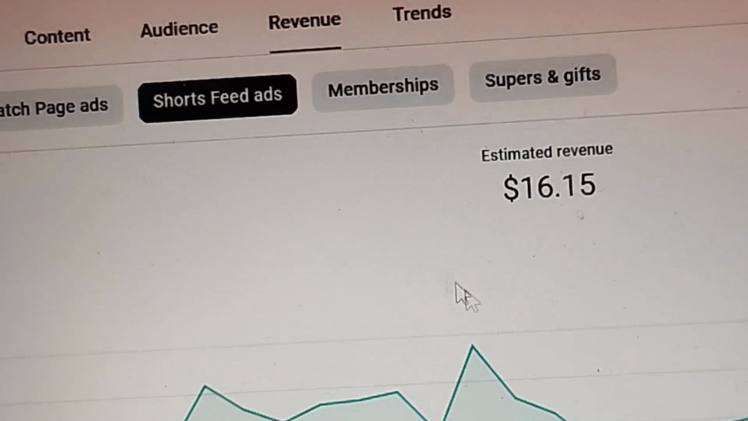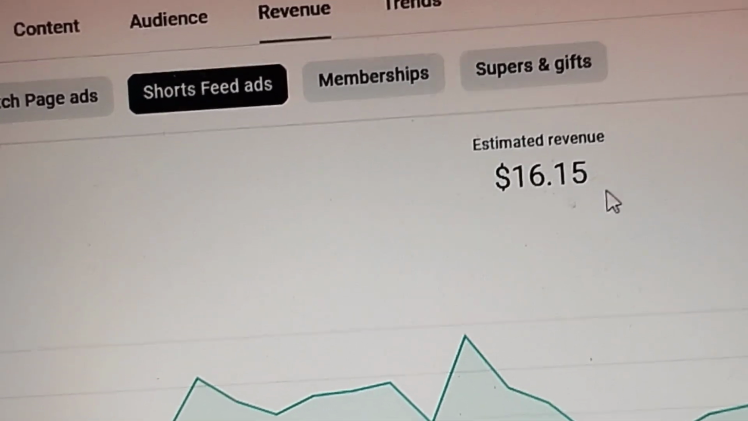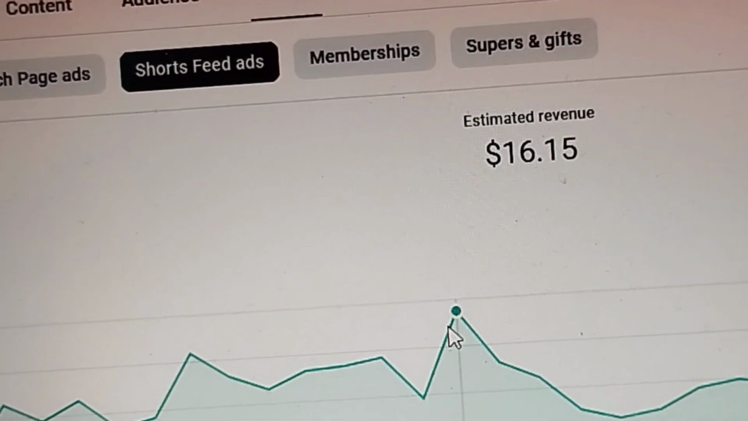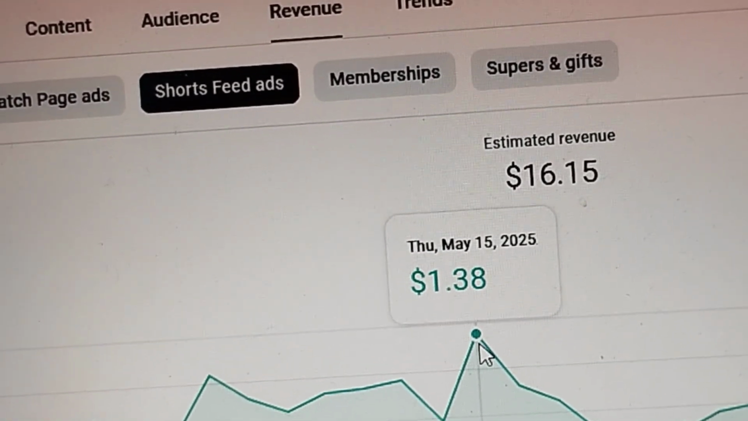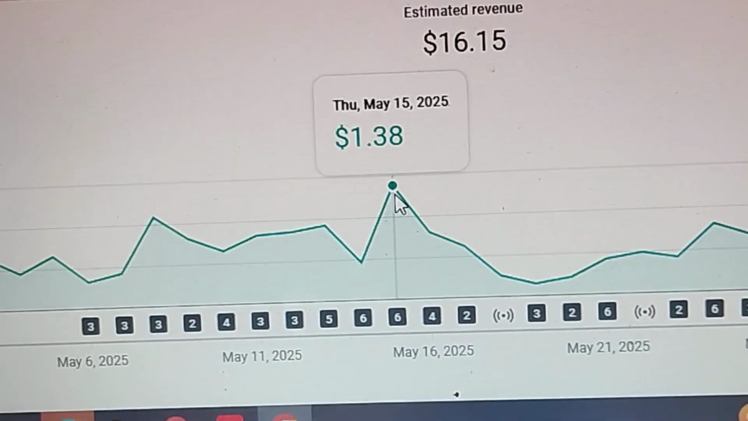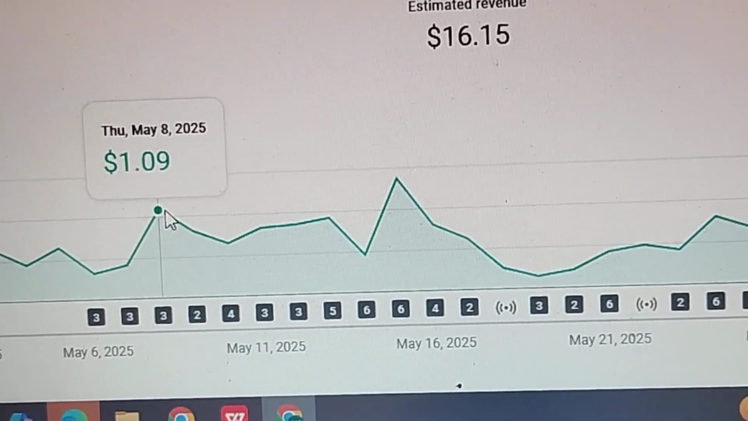Imagine $16 for all those views you've seen on my shorts. I made $16.15. This was, I think, my highest. I made $1 on average. This was on May 6th, May 15th, sorry. So on May 15th, I made like $1. On this day, $1,